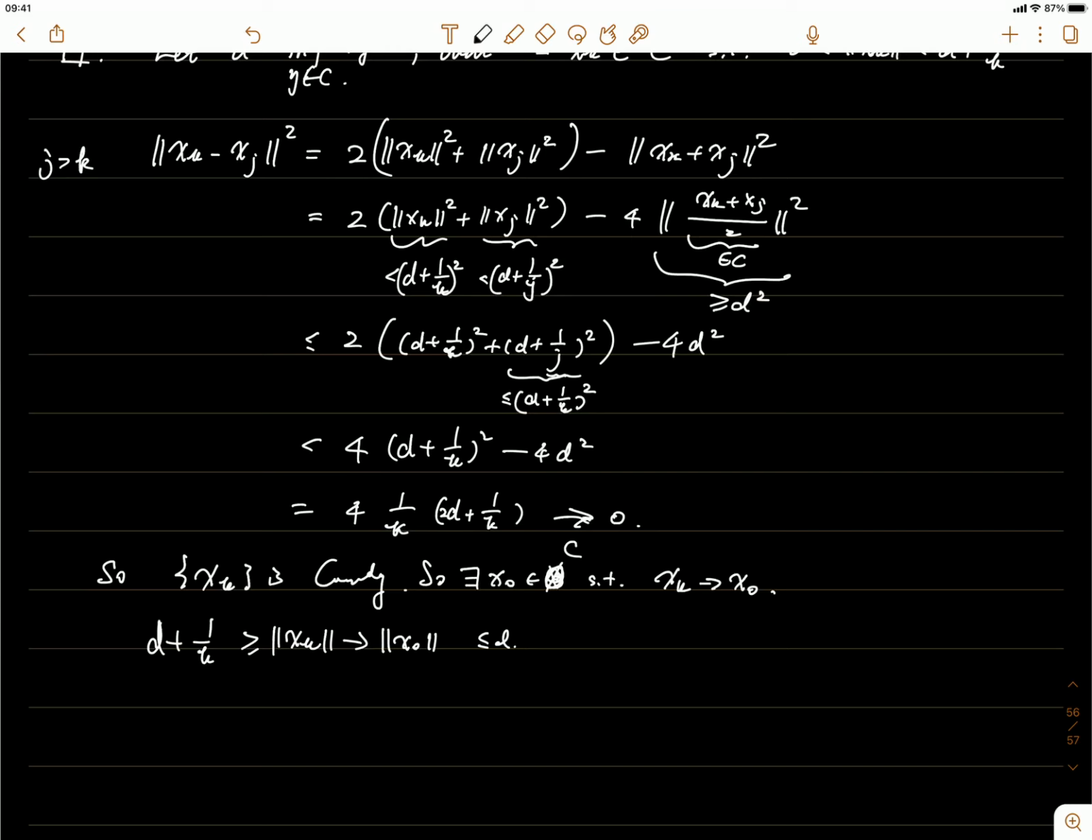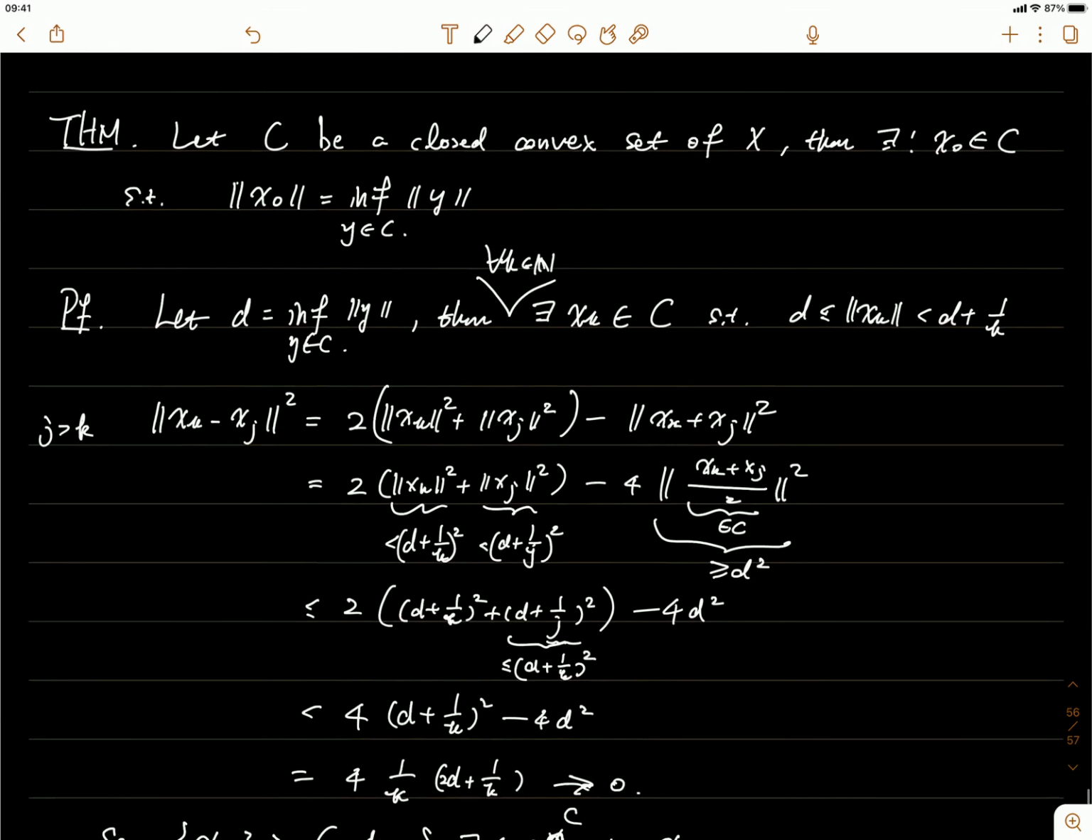So C is closed in a Hilbert space. x naught is in C, so this means that this one is also greater than d since it's in C. On one hand, it is less than or equal to d, since this is true as k goes to infinity. And on the other hand, this is greater than or equal to d since x naught is in C. So this just means that x naught is in D, and this x naught itself is from C. Okay, so that proves that this x naught exists, and to prove it's unique is also pretty easy, as we know that